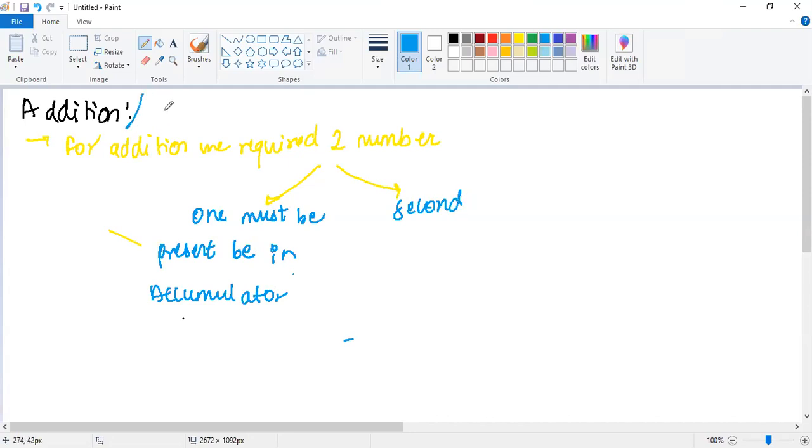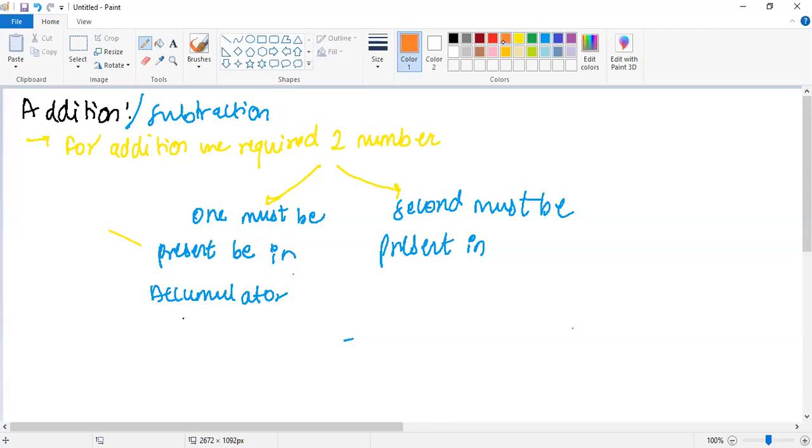For addition as well as for subtraction too, one must be present in the accumulator and the second must be present